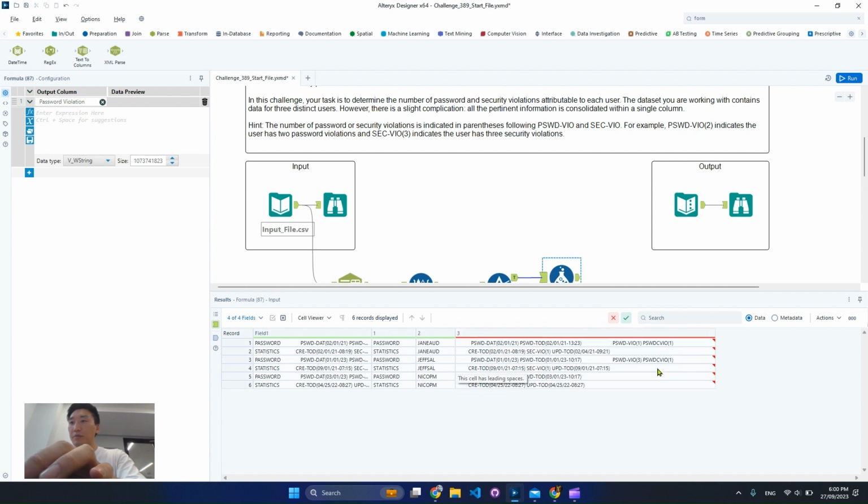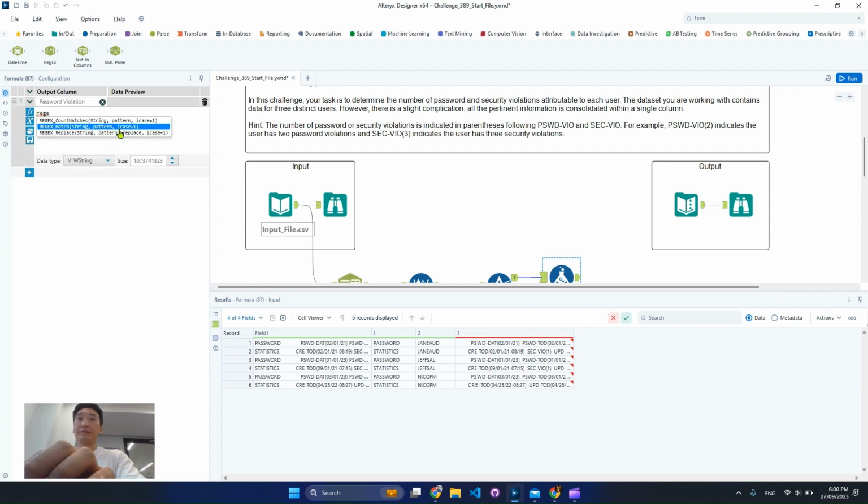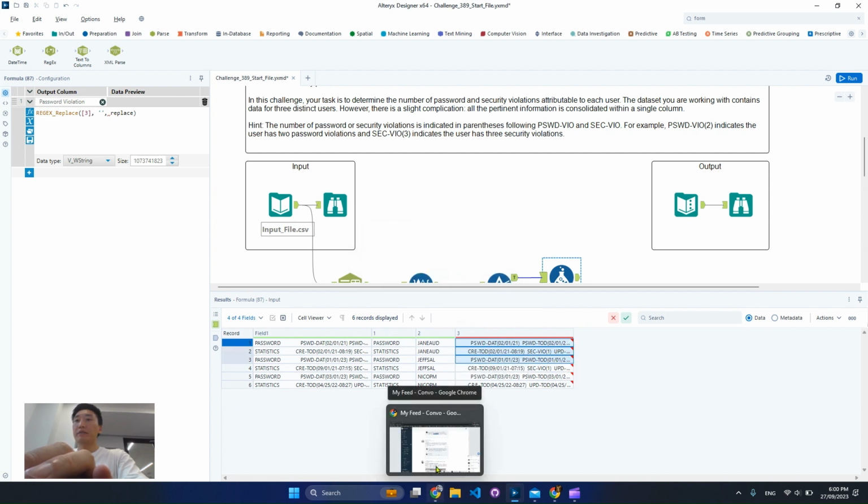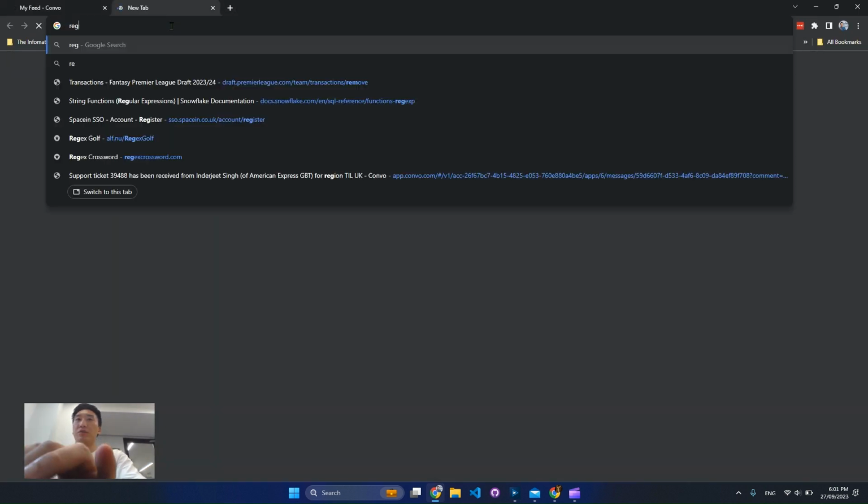Oops, let's stretch this out a bit. I think there's no repeating in this one, so it should be okay. So with regex replace, we're looking at column number 3. The question is about patterns. Let's copy a few of the rows. Generally speaking, regex 101